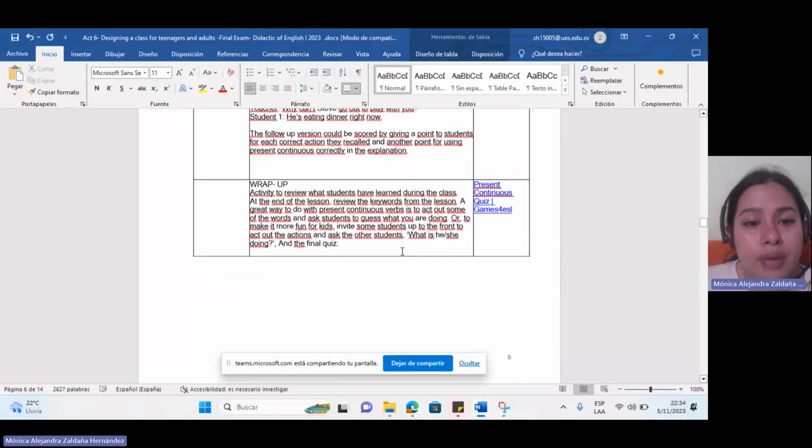And for the wrap-up, the activity to review what the students have learned during the class. At the end of the lesson, review the keywords from the lesson. A great way to do this with present continuous verbs is to act out some of the words and ask students to guess what you are doing, or to make it more fun for kids, invite some students up to the front to act out the actions and ask the other students,